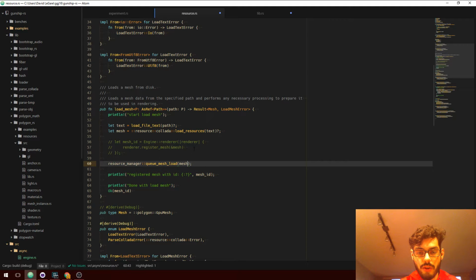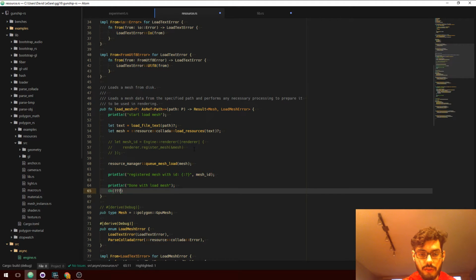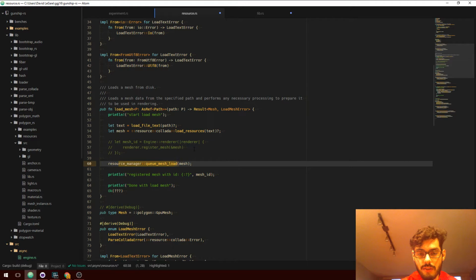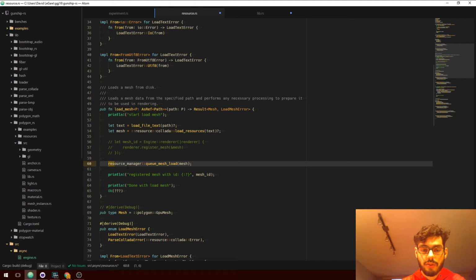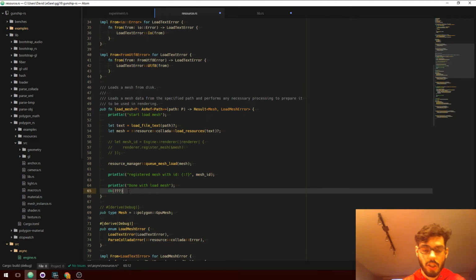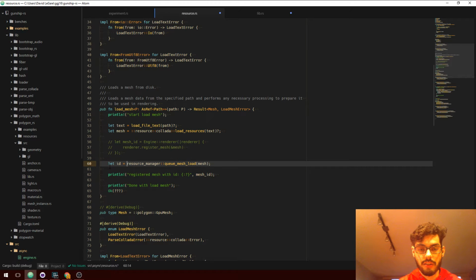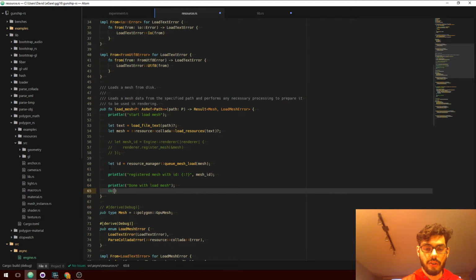We now have two pending questions. One, what are we returning here? This is now not obvious. Two, what happens if this fails? So let's say I load my mesh, I process all the mesh data, I queue this up, and then I return some value to gameplay code. Let's say we just make up an engine internal identifier, similar to GPU mesh, but an identifier that's internal to the engine that I can create without waiting for the mesh to be sent to the GPU. Let's say I return this value. So let's say I just do let ID equals resource manager, and I return ID.